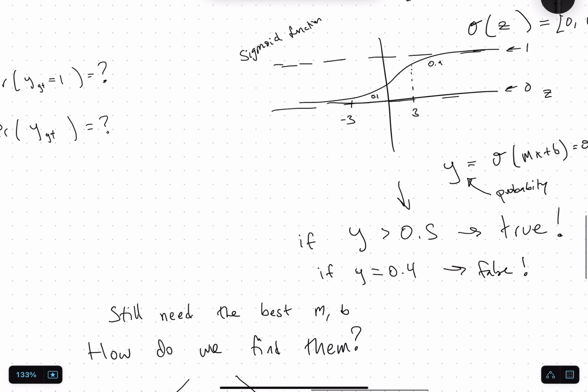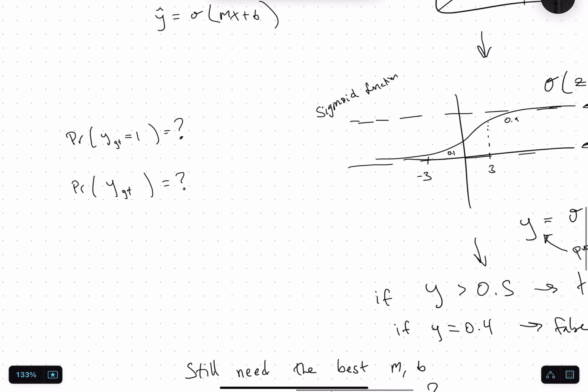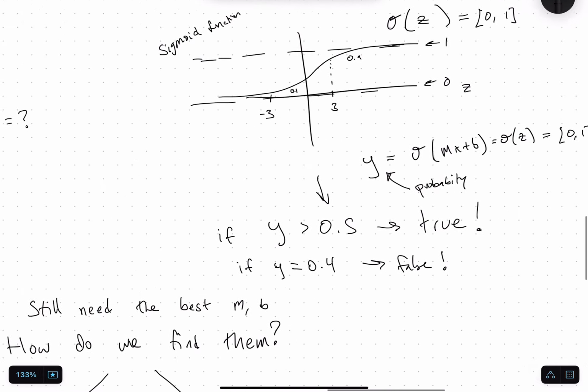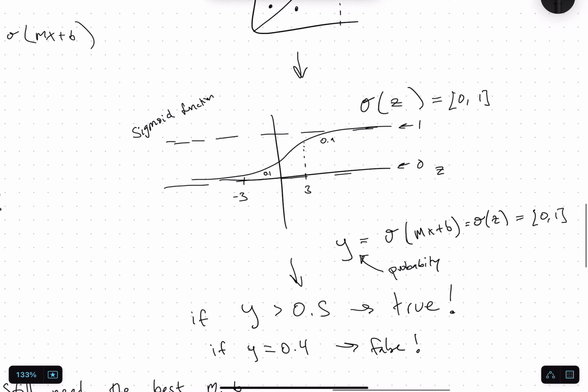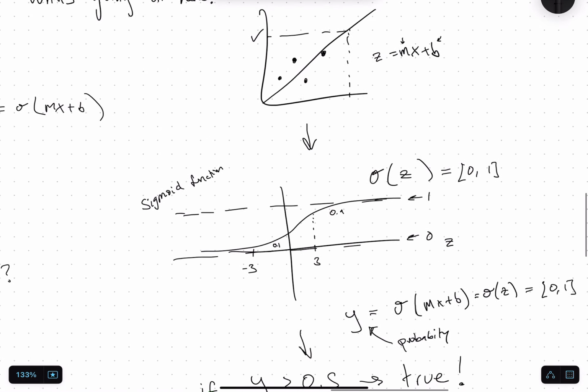So basically what you want to do is find the probability of this y ground truth, which is a random variable. So yeah, that's basically the whole thing. And then we want to basically find